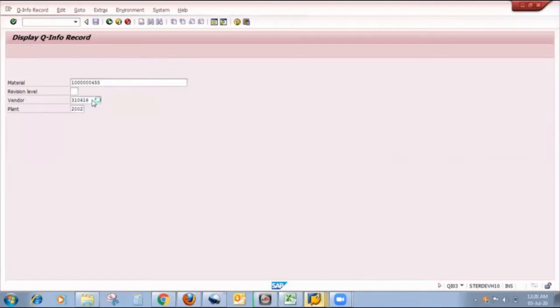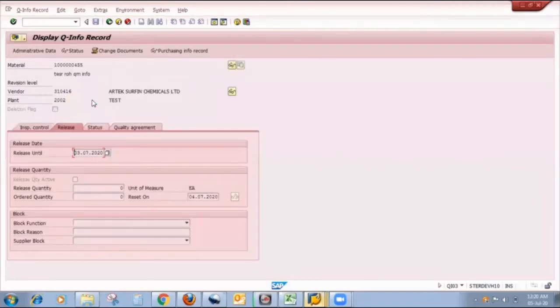In the release section, there is one column, release until date, meaning up to 3rd July 2020 this vendor is liable to supply material or a purchase order can be created. After that date, the vendor is not liable to send the material and a purchase order will not be created.